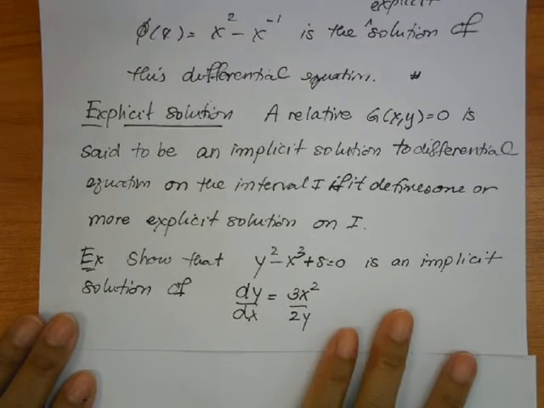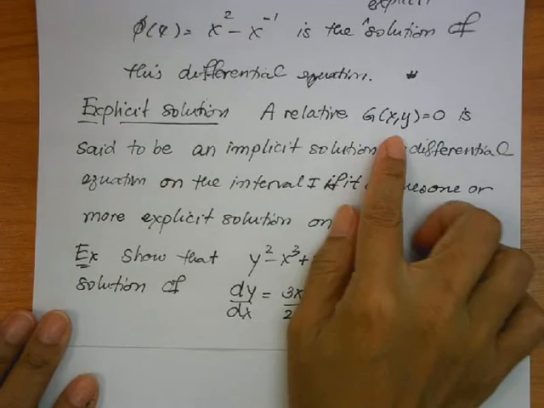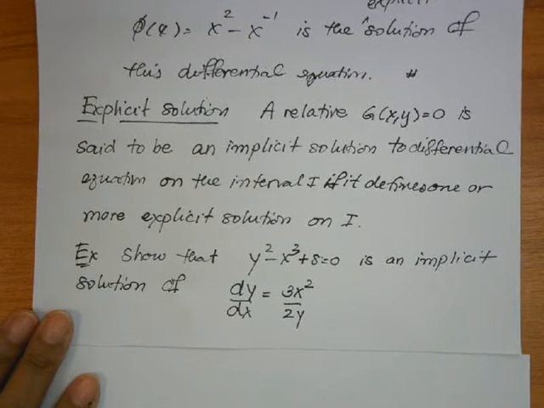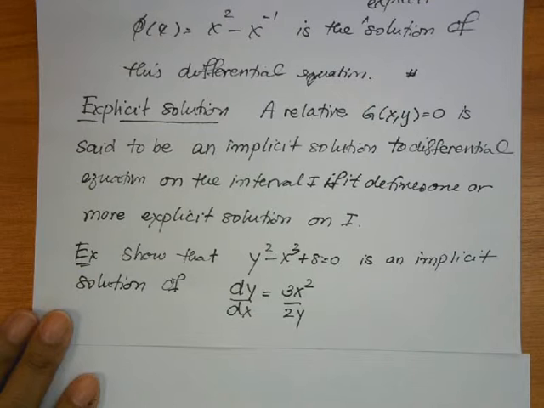We got the relation G(x, y) equal to 0. That means it's a function of both x and y, so you just can't separate x and y from each other, and you said that is the solution. In that case, it's said to be an implicit solution to that differential equation on the interval I if it defines one or more than one